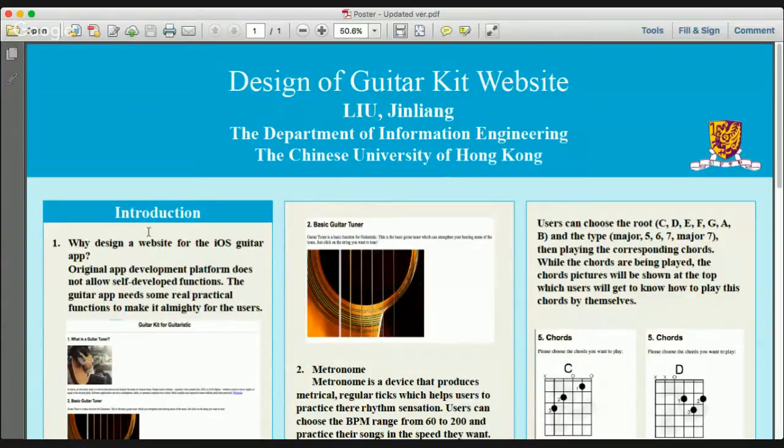Last semester, I made a guitar social application, and the reason I built a website for the project this semester is that there are some functions for guitar users, for guitar players, that may be quite useful, and I want to plug in those functions into my application. However,